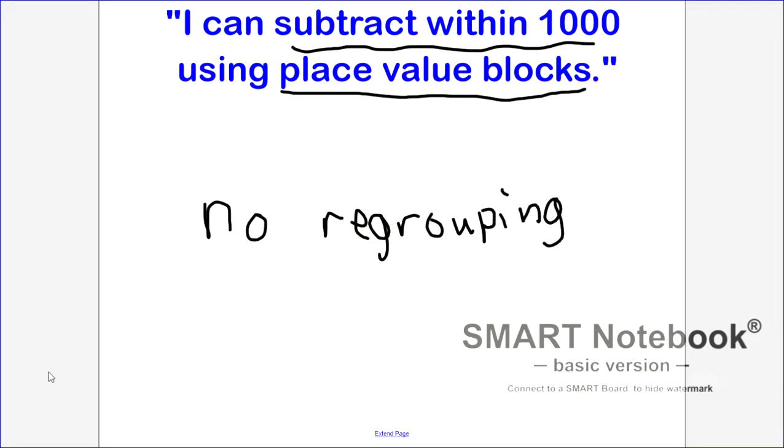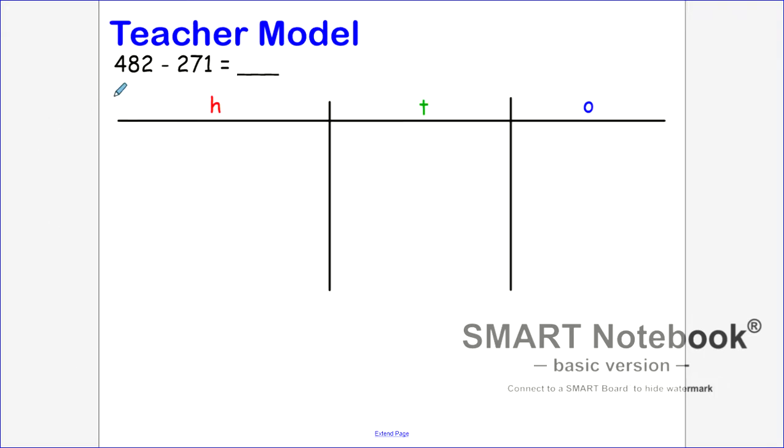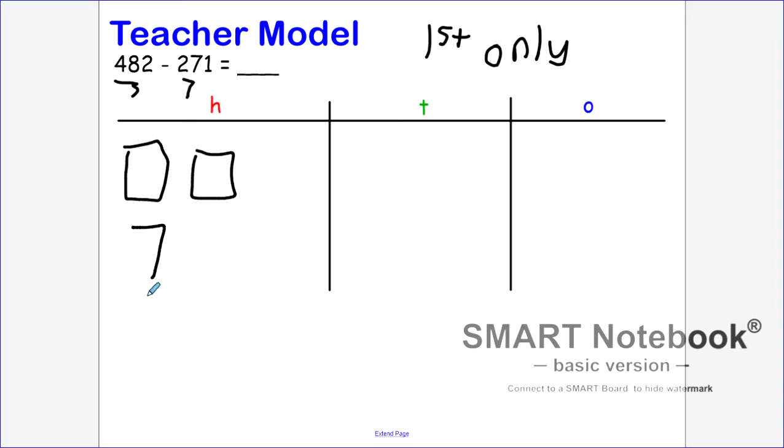Let's look at our first example. In this example, we have the number 482 and 271. And I'm thinking, am I going to draw the first number or the second number? If you thought to yourself, draw the first number only, great job. For subtraction, we only draw the first number. So I would go ahead and draw 4 squares for the hundreds,